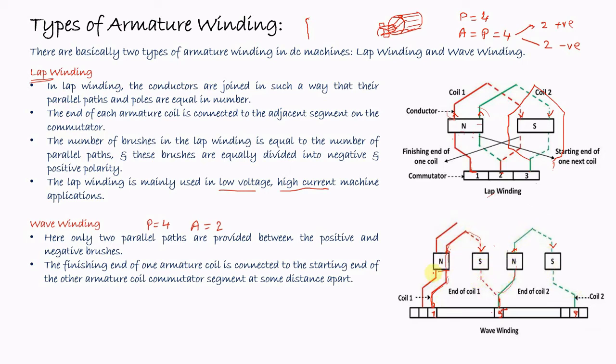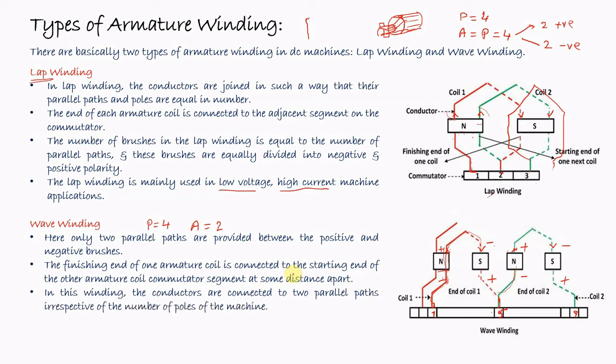So in case of series connection, the current will remain the same, but the voltage will be the summation of the potential differences across each and every conductor, because in series we know that the voltage sources are added. So the EMF induced here, let's say it is plus, it is minus, then here it will be minus, it will be plus, then again minus, plus, and so on. So the voltage induced in each and every conductor will be added. That's why it is used for high voltage and low current applications.